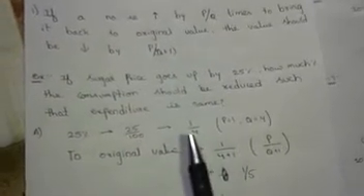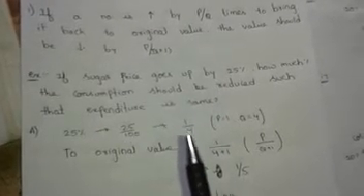25% is 25 by 100, which is equivalent to 1 by 4. So let's compare this with the form. You will get p equal to 1 and q equal to 4. In order to find the original value, we have to decrease it by p by (q plus p), that would be 1 by 5, which is a 20% reduction. So the sugar price has gone up by 25%, and to make sure that our expenditure does not exceed, we have to reduce the sugar consumption by 20%. This is what he has asked.